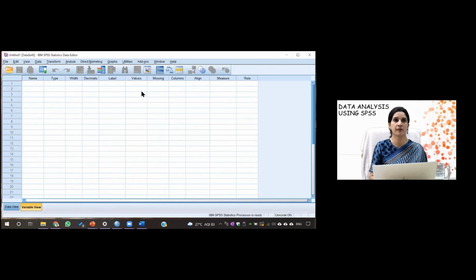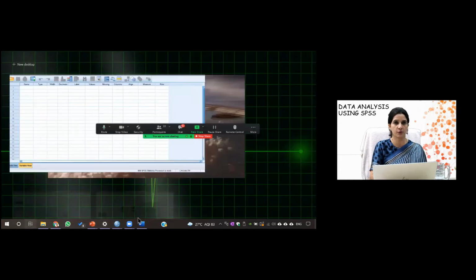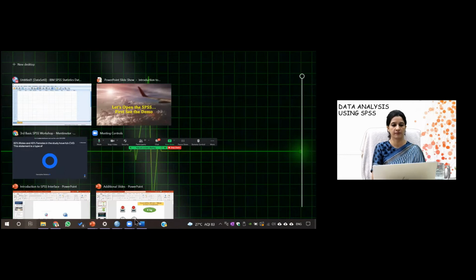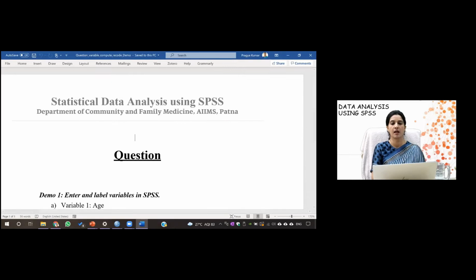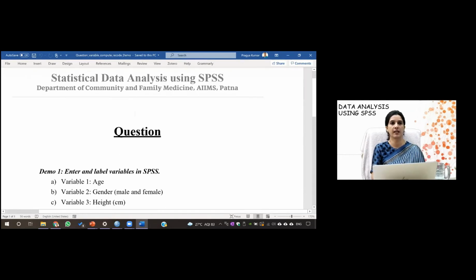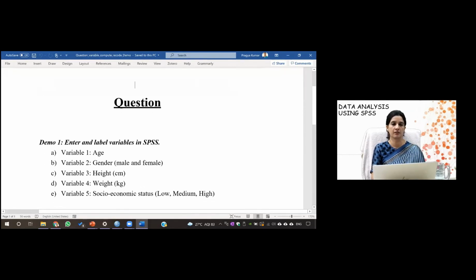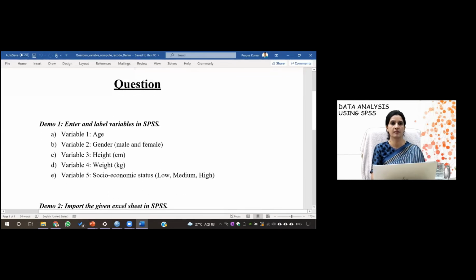We will see one by one what these are. Like in my exercise, the question is, I have to enter the variables here. Enter variable 1 age, 2 is gender, 3 is height in centimeter, 4 weight, and then variable 5 is the socioeconomic status. So now I would enter that.